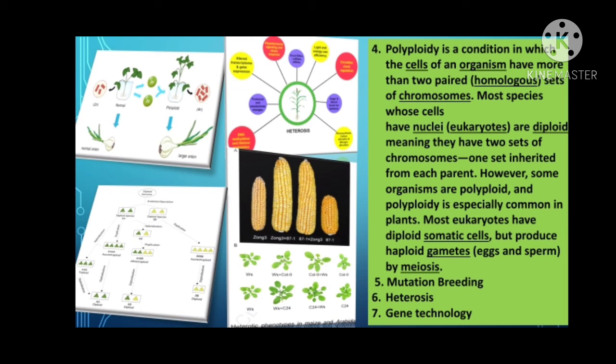Okay, now let's focus on mutation breeding. Mutation breeding is a process of exposing seeds to chemicals or radiation in order to generate mutants with desirable traits to be bred into other cultivars. Plants created using mutagenesis are sometimes called mutagenic plants or mutagenic seeds. Okay, so crop plants account for 75% of released mutagenic species, with the remaining 25% ornamental or decorative plants. However, it is unclear how many of these varieties are currently used in agricultural production around the world, as these seeds are not always identified or labeled as being mutagenic or having a mutagenic provenance.